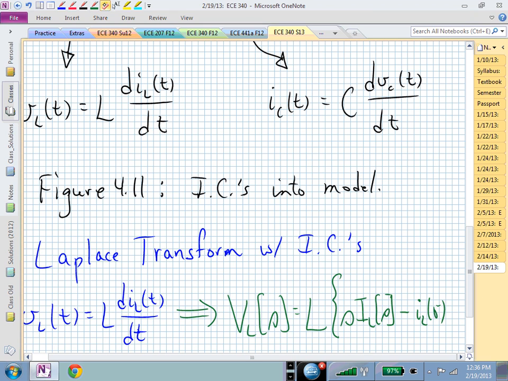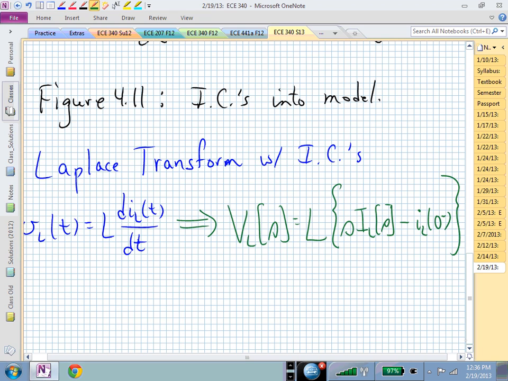That's a time domain value, I sub L of 0 minus. That's what the current was in the inductor at t equals 0 minus,